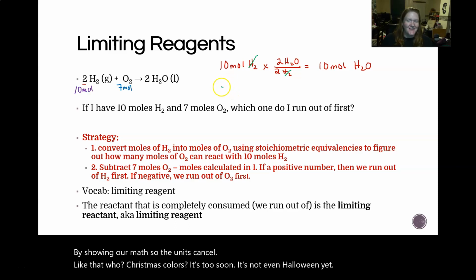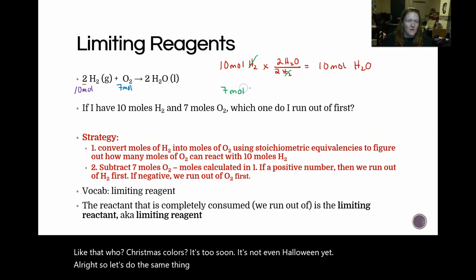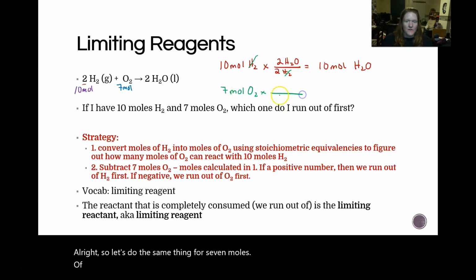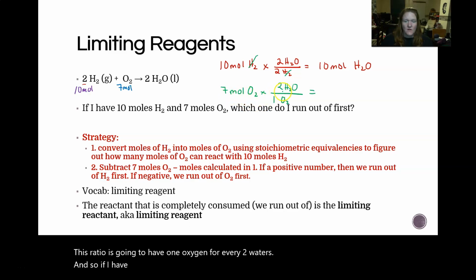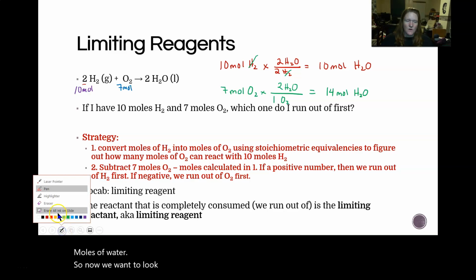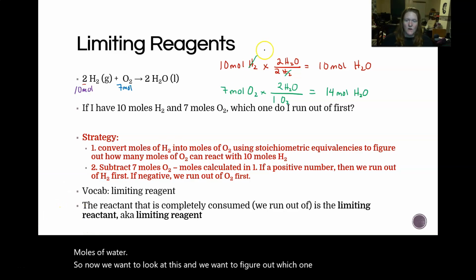All right, so let's do the same thing for our 7 moles of oxygen. This ratio is going to have 1 oxygen for every 2 waters. And so if I have 7 moles of oxygen, I could actually make 7 times 2, which is 14 moles of water. So now we want to look at this and we want to figure out which one is actually true. And in this case,